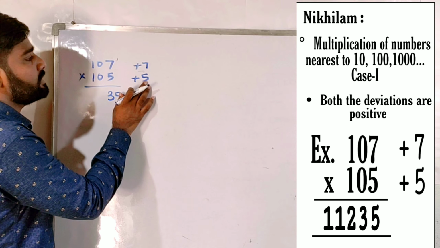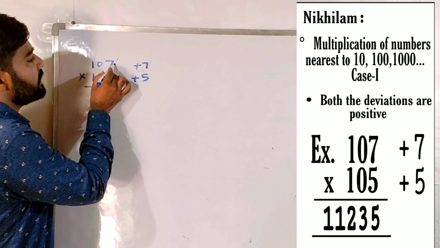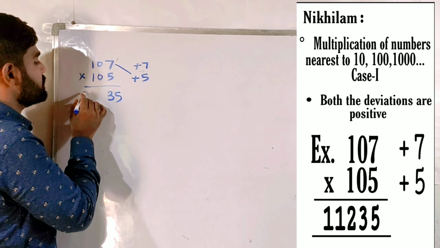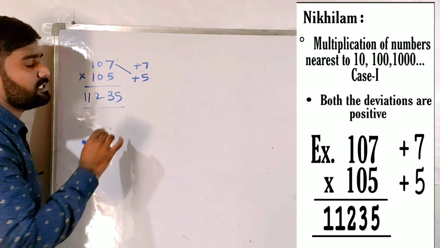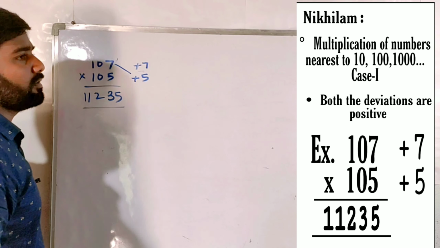And add the one deviation to the other number, means 107 plus 5 is equals to 112. That answer is 11,235. One more example,